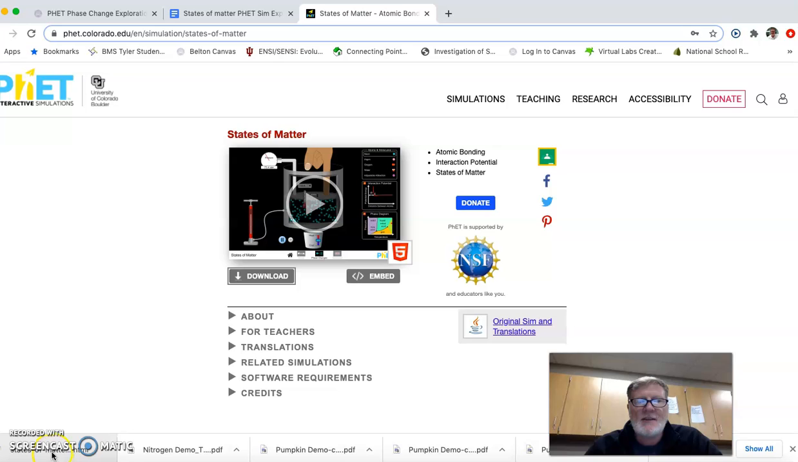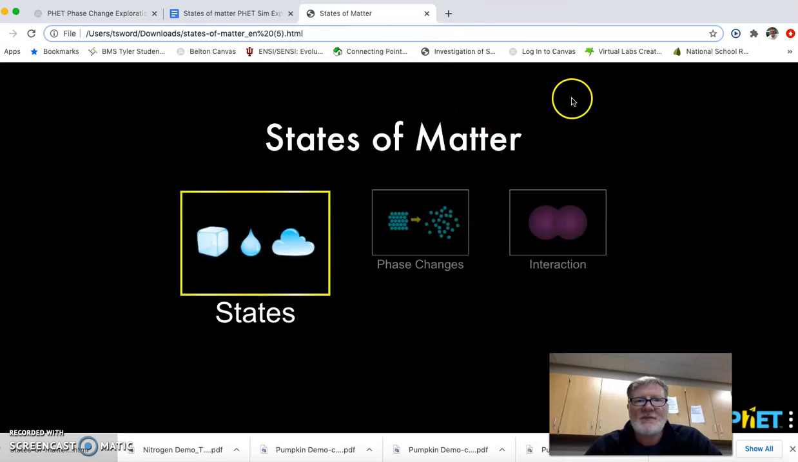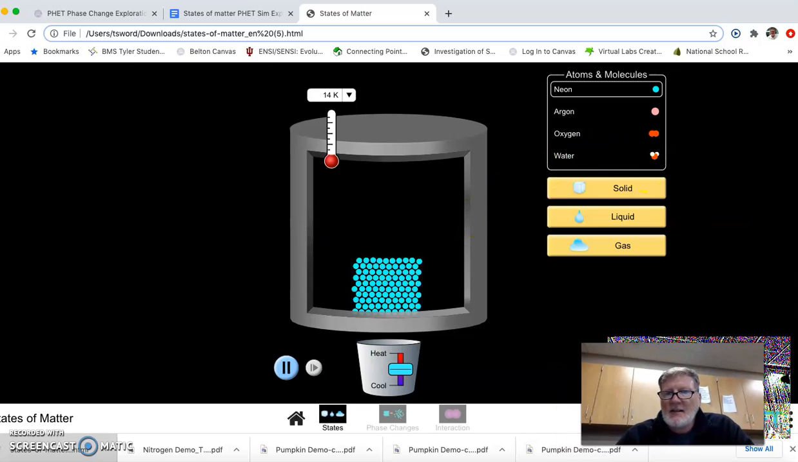It'll be right down here. Once it's downloaded, you can click on it and it opens the simulator. You can go ahead and close this download page. On the States of Matter page, you're going to click on States. We're going to do all of our work with the states. And so this is the simulator that you're going to use for our